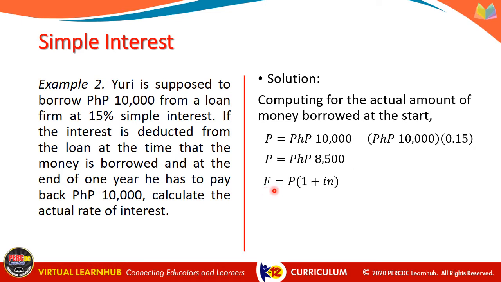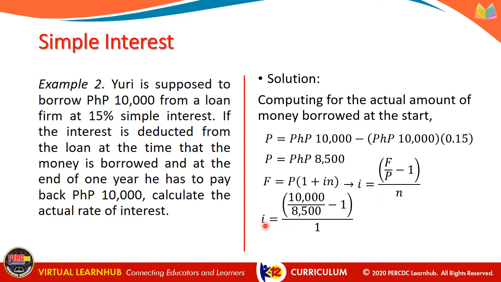From the formula F is equal to P times the quantity 1 plus I times N, we get the interest rate I is equal to F over P minus 1, over N. Then just substituting the given, we will have interest rate I is equal to 10,000 over 8,500 minus 1, divided by 1. Just press this in our calculators and we are going to get 0.1765. The actual rate of interest is